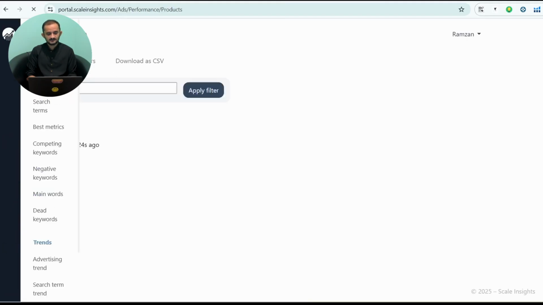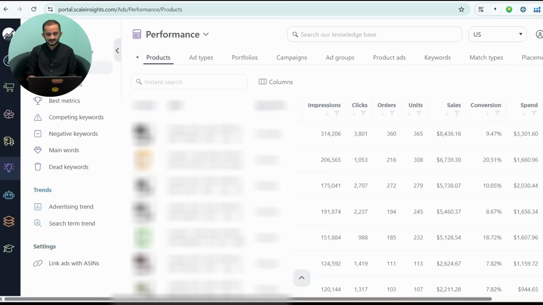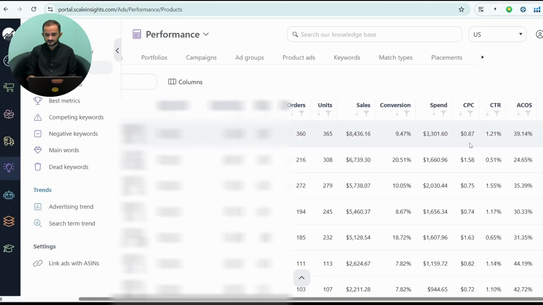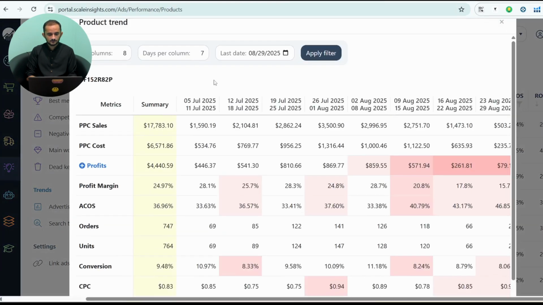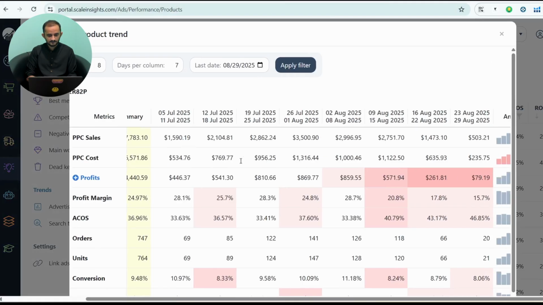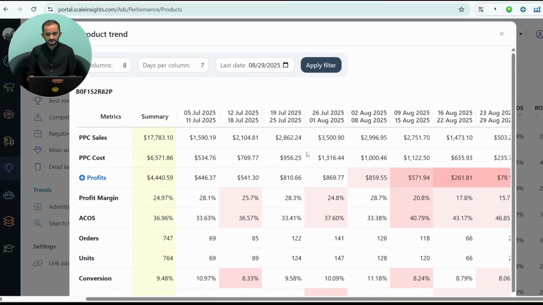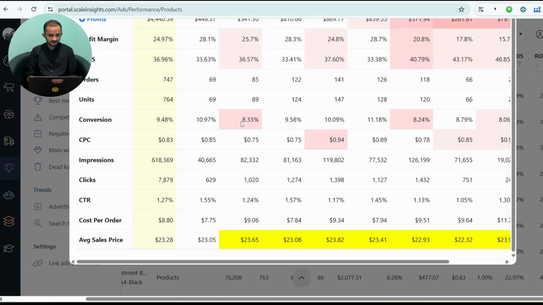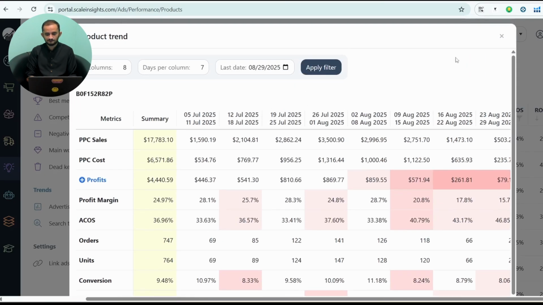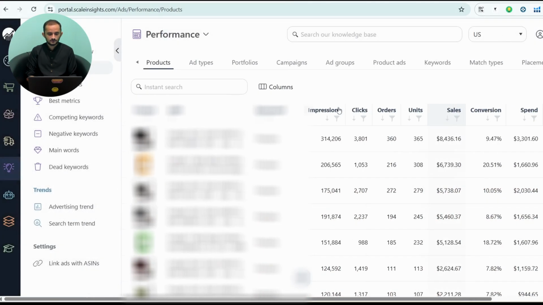Similarly, you will see a ton of examples through which you can analyze the performance of your products. For each product, you can get an analysis of how it is performing. This can also be gotten from Sellerboard, but the picture that you see over Scale Insights is really powerful when it comes to financials as well. So make sure that you utilize all of these ad types, portfolios, campaigns. These are really powerful, and the best one was related to search terms that I have already shown you,